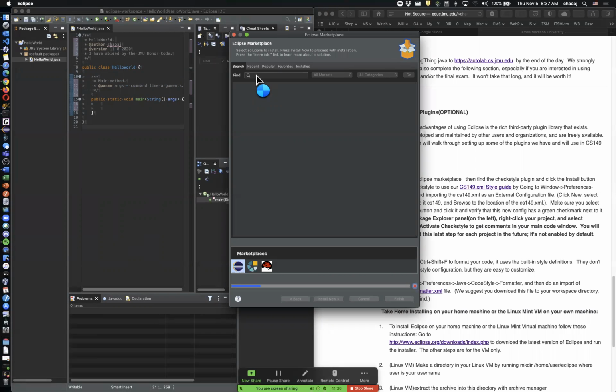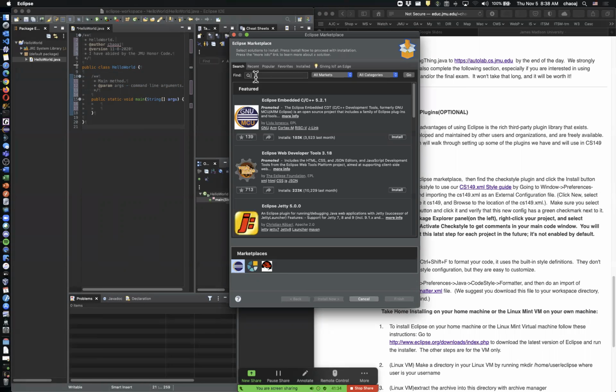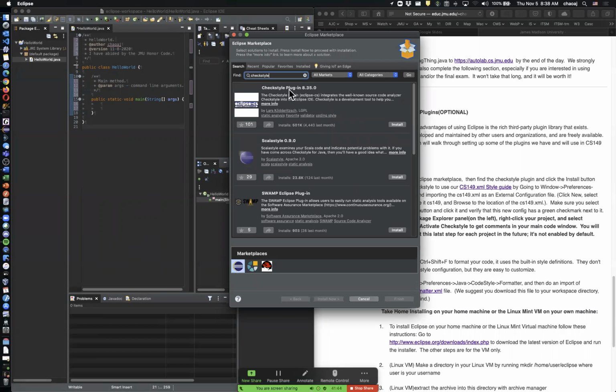So I'm going to come into here and I'm going to go search on the internet for the check style plugin. Just typing in check style and then go, and that should search for the marketplace to see if I can find it. It's this check style plugin, the